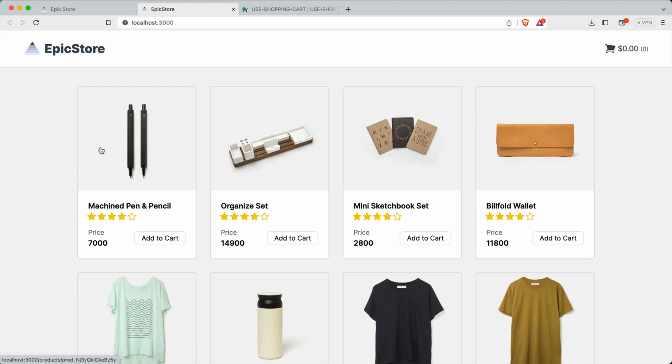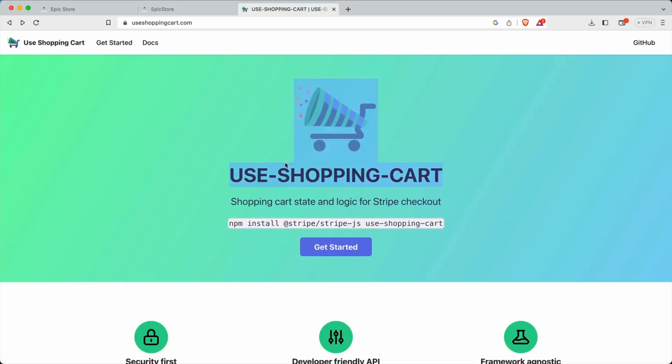styled each of our product cards, but we want them to be functional at this point. And the way that we're going to make it possible to add items to our cart, to add multiple products and manage our cart, and then ultimately take those items in our cart and have our customers purchase them using Stripe Checkout is with the help of a very special tool called Use Shopping Cart. It's specifically designed to work with Stripe Checkout, and it makes working with Stripe on the client a lot easier and gives us a lot of tools all bundled into one hook called the Use Shopping Cart hook that makes it really effortless to do all the things that we'd want to do when it comes to building a shopping